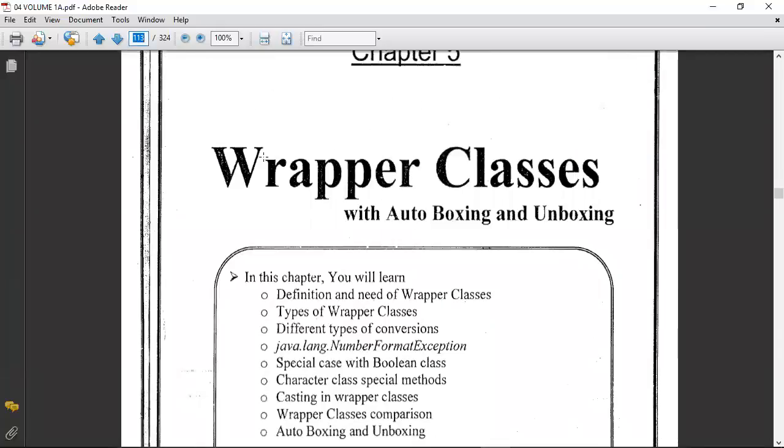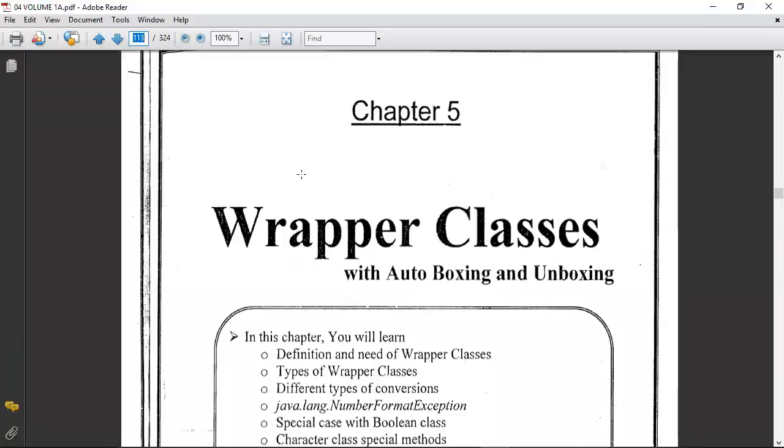Page number 113. Open page number 113. Wrapper classes with autoboxing, auto unboxing.